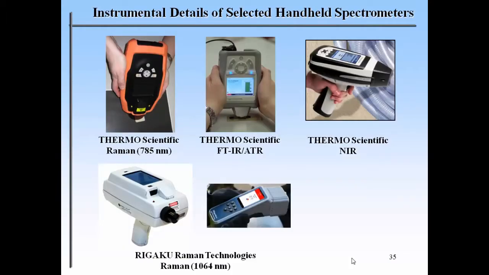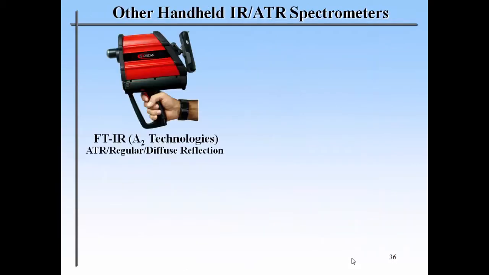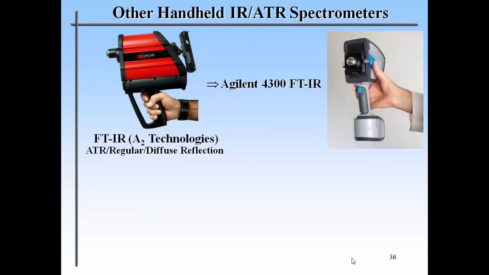I show you the building principles of these 6 instruments. Of course, there are several others on the market. So there was, for instance, A2 Technologies. They have now changed to Agilent. And Agilent has changed dramatically because